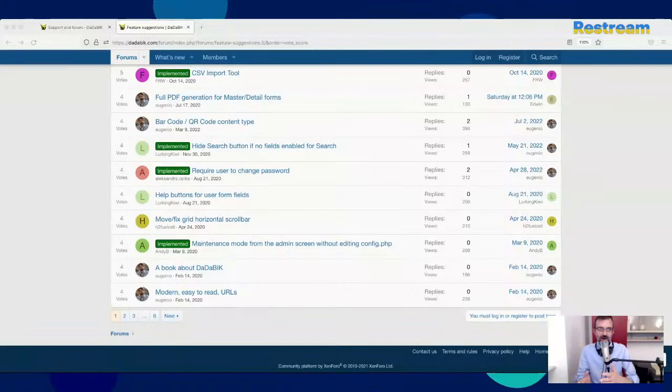First part, no code. Second part, low code, so you add some code to improve your application. And then you will have two separate parts, maybe at the end of the book or at the beginning, I don't know.